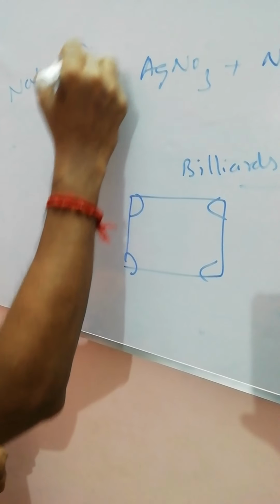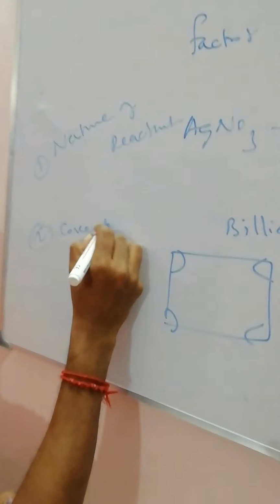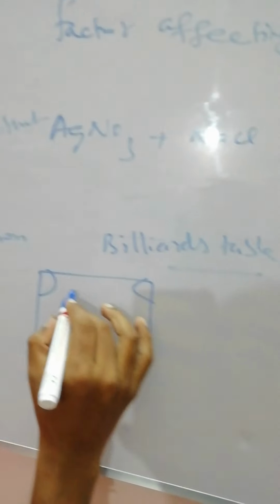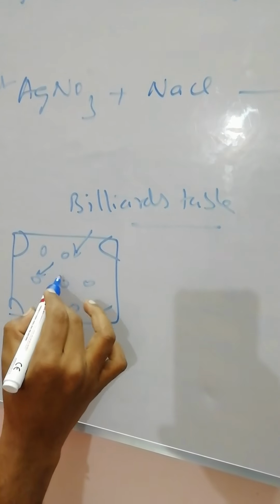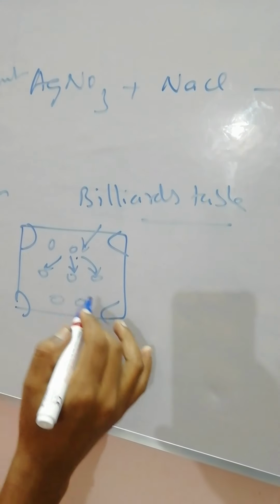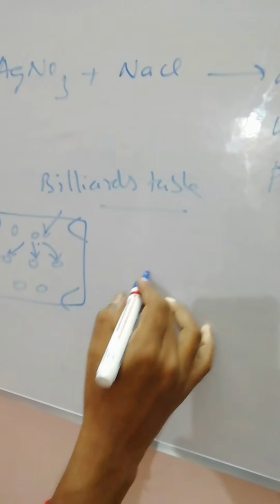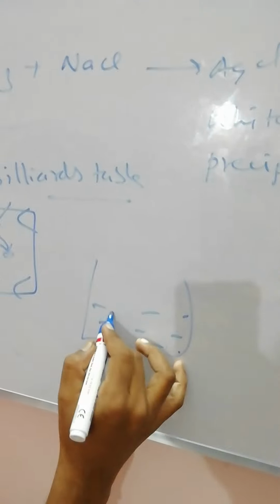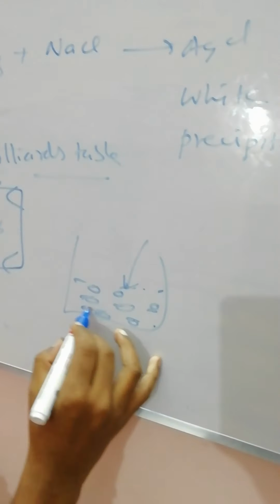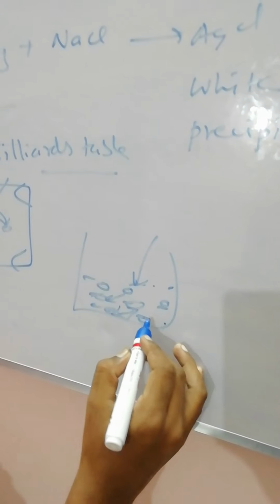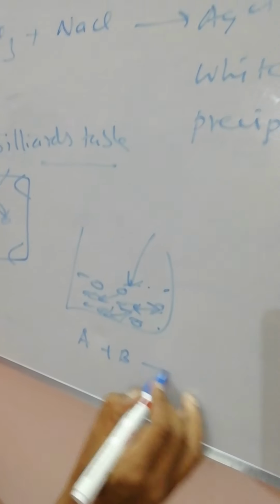That was the nature of reactant, the first point. Next one is concentration. In a billiards table, a lot of billiard balls are there. If I put one in, it has a chance to collide with this one or this one, and a chance to collide with any one of the compounds to give product. Like that, if I increase this in a solution, a lot of molecules are there. If I add one more molecule, what happens? They will collide with each other faster. Collision, an inelastic collision, leads to product. A plus B giving AB.